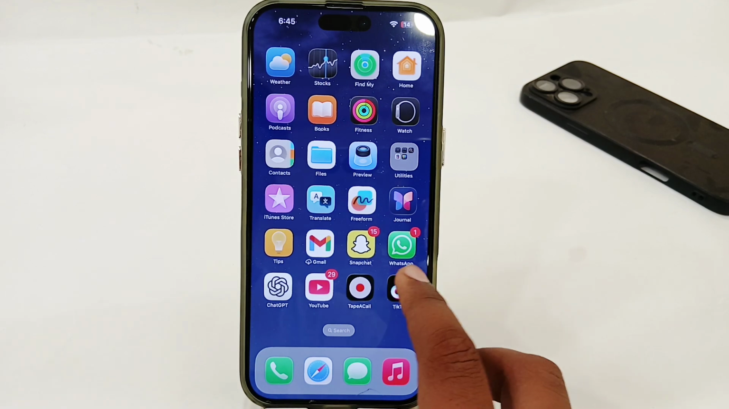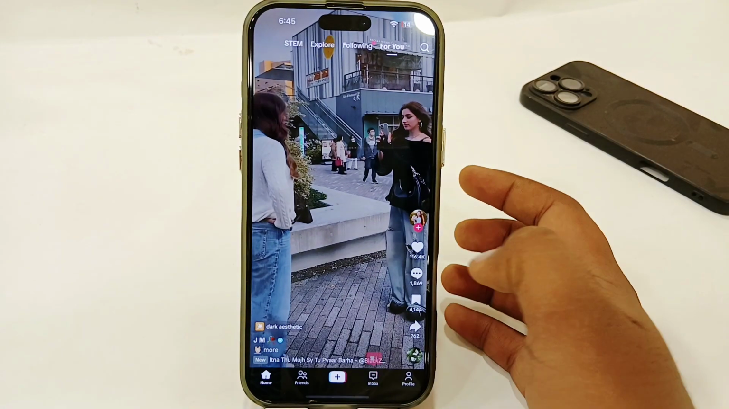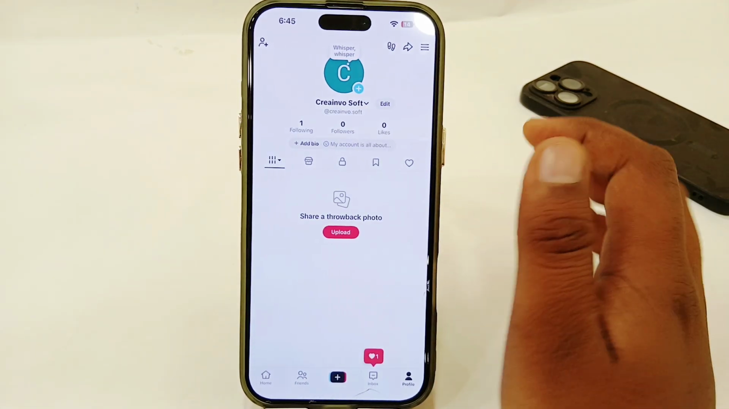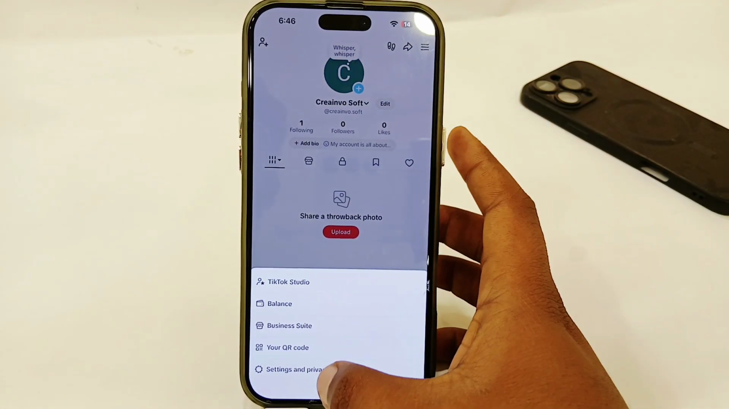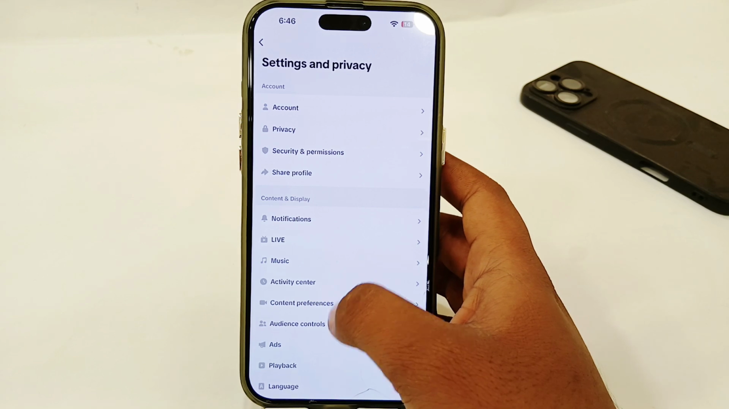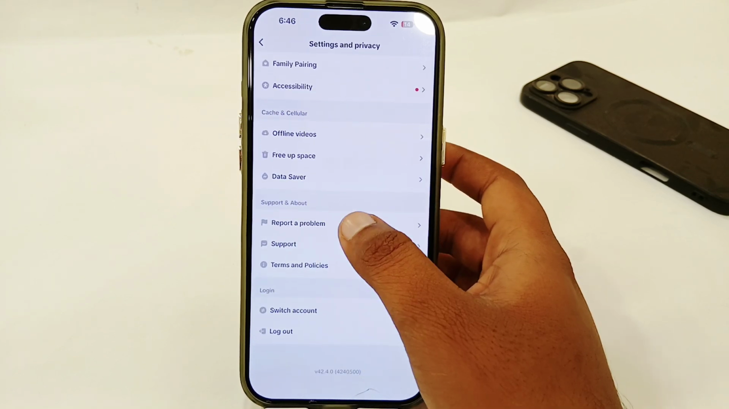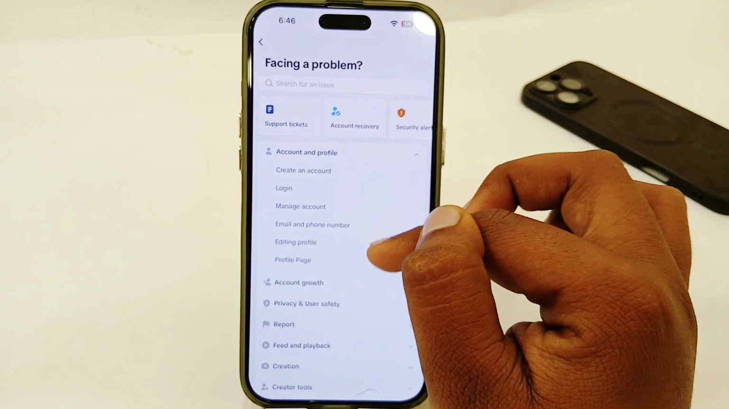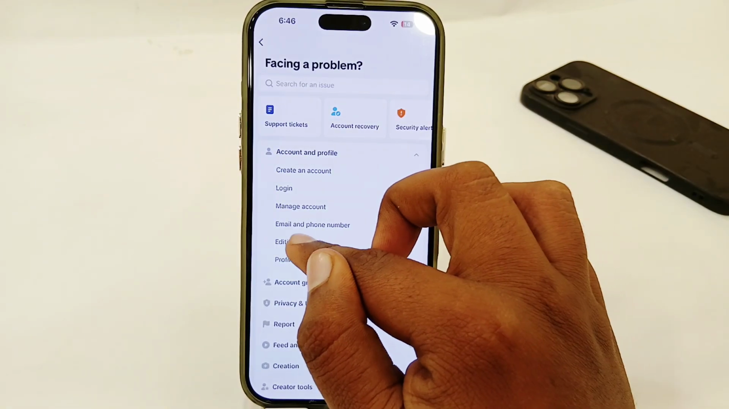So you just have to open your TikTok app here and then tap on your profile option in the bottom right corner, and tap on three dots in the top right corner. Tap on settings and privacy and then select the report a problem option. Select account and profile, and from here select editing profile here,